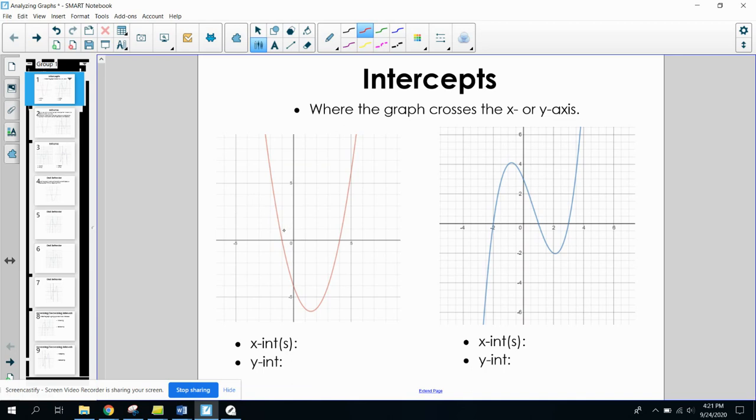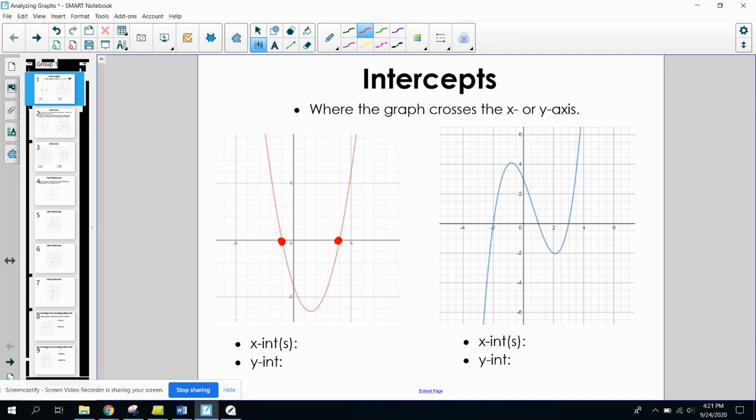The graph on the left is a quadratic, so it's an x squared function. If we look at it, we can see that it's crossing the x-axis at this point here in red, and also at this point here in red. When we're writing our x-intercepts, we want to make sure that we have the x value and the y value written as a point. The y value of any x-intercept will always be 0 since it hasn't moved at all